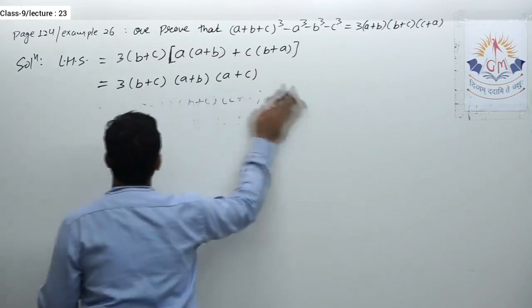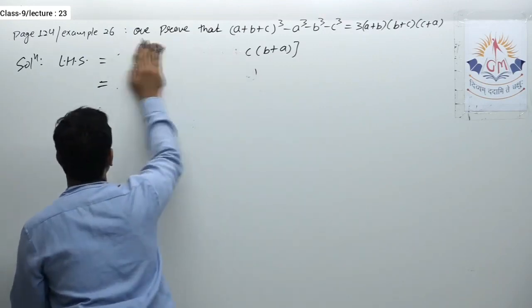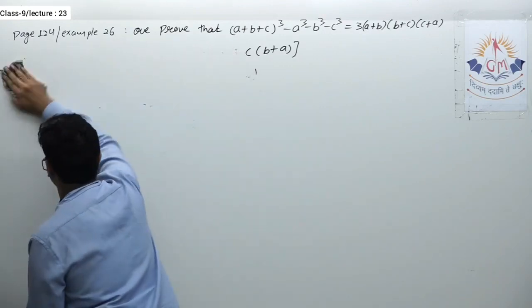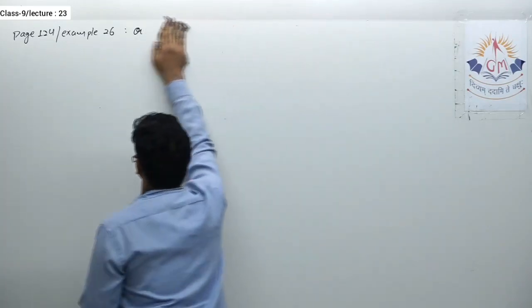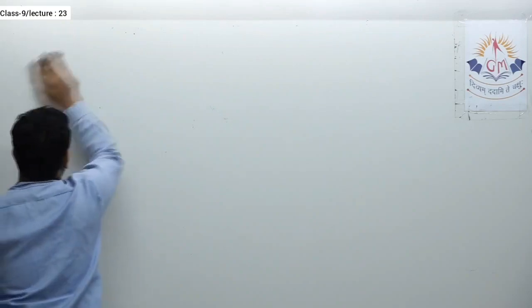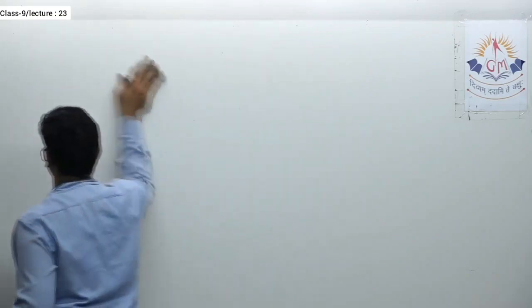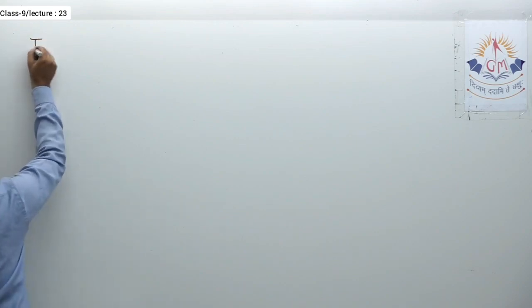Okay, after this now we'll see one more identity. We can say that will be the last identity of this chapter. Okay, after this identity, next we'll start the factorization. So, but before that, let us see this identity. Okay, the identity is